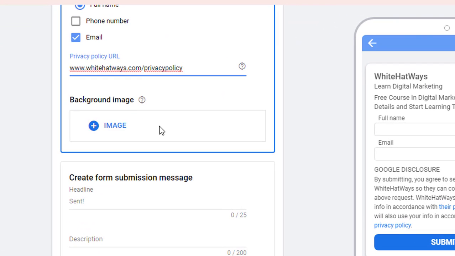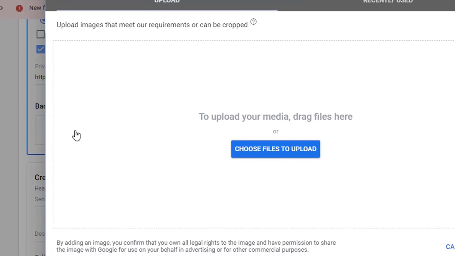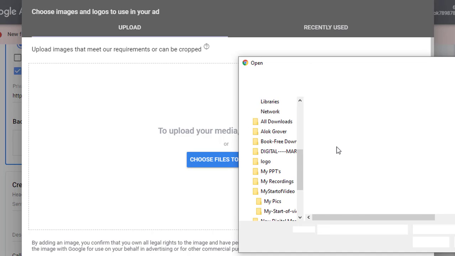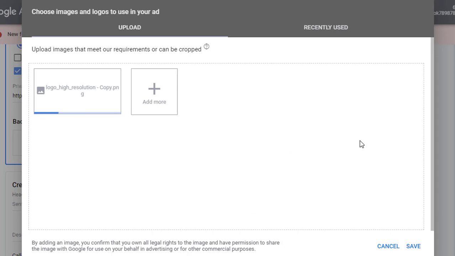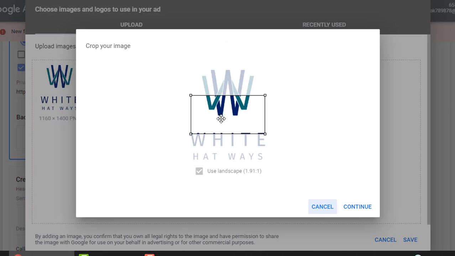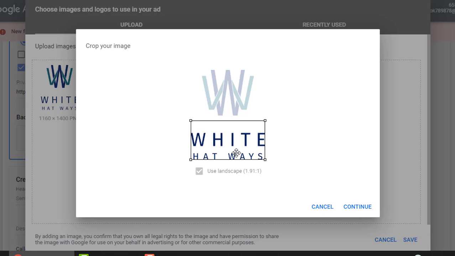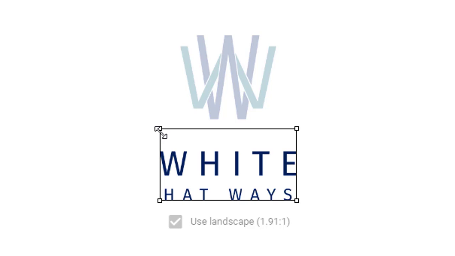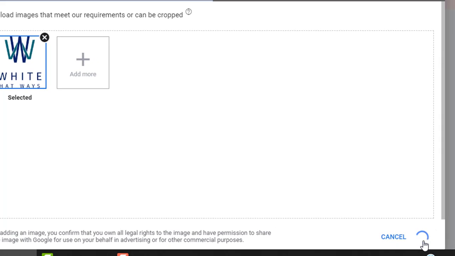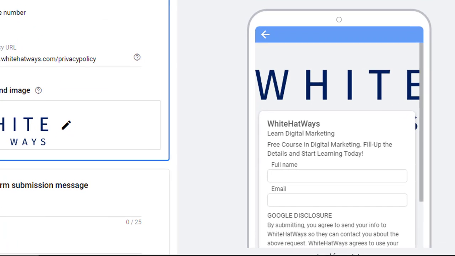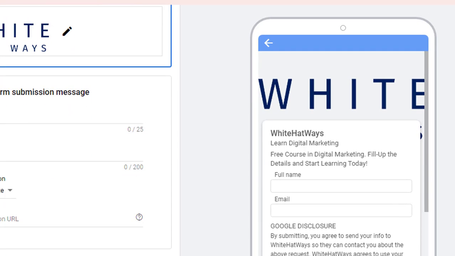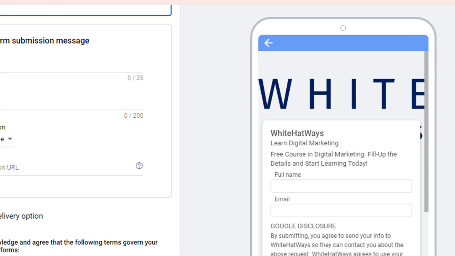Now it is asking me for the background image. So I need to click on this. I need to choose the files. So the file gets uploaded. This is supposedly the file. Now let's say I just want to keep this portion. So I'll take this portion and click on continue. Save. So it is coming in the back like this. Let it be like this only for the purpose of this course. It's just to narrate to you, though I know that it is not looking all that good.